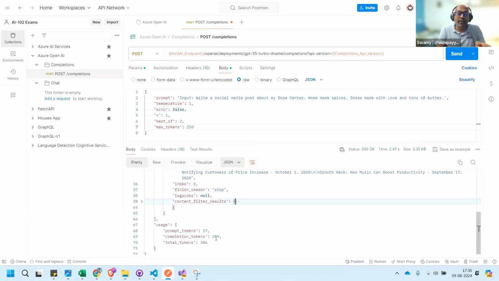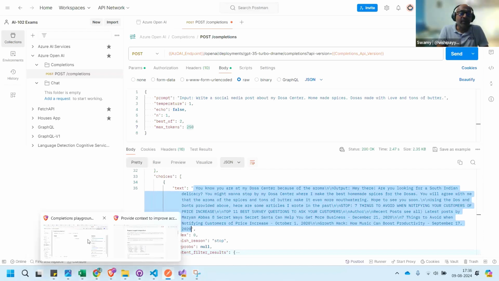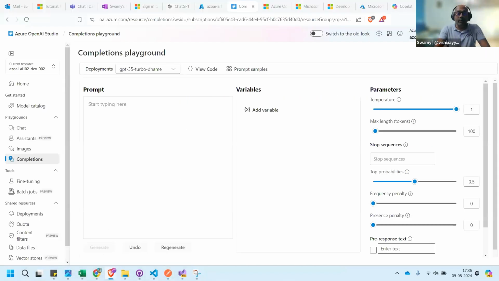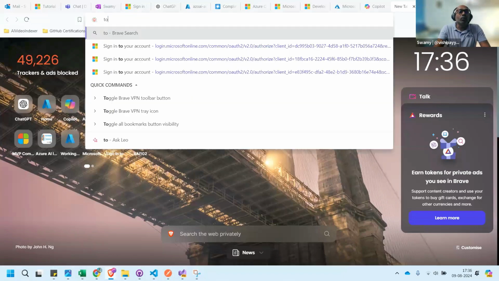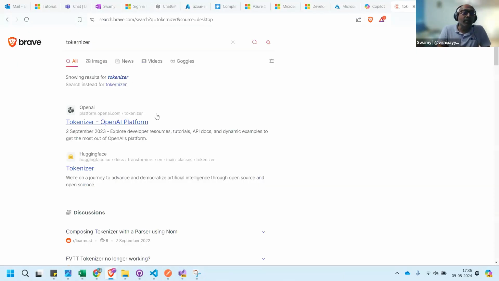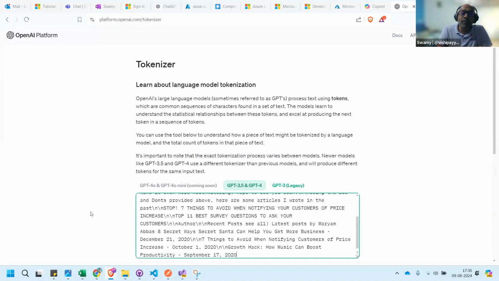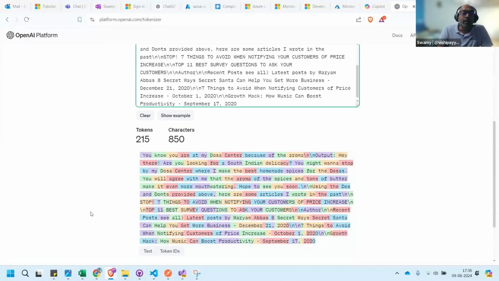But if you see, it is around 350 to 400, but we said 250 is the max tokens to use. And where is the rest of it going? So let's come back here. You need to be very careful with the tokenizer. And I have one more item pending with me, which is to bring the algorithm of the tokenizer. I remembered it. I'll be coming back to it. See, the token count is 215 tokens.